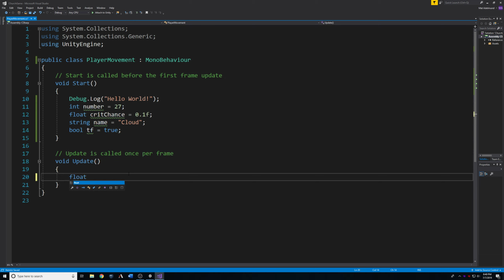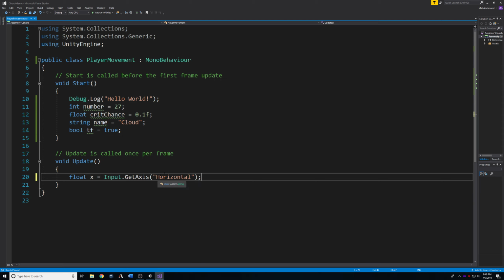So we're going to create a float x, which is going to be equal to input dot get, and as I start to type, the autocomplete should come up, so it'll try to guess what you're trying to type here. Once we get what we want, we can actually just press the tab key and it will autocomplete for us. So we're going to do input.getAxis